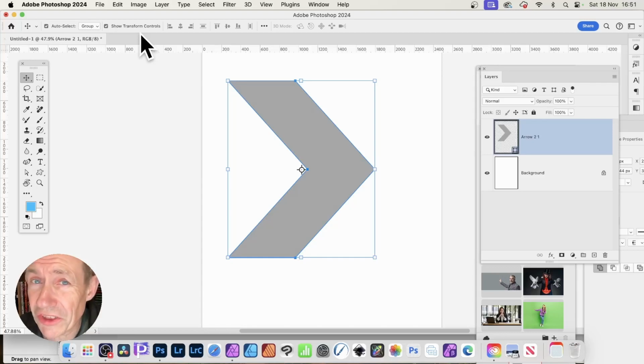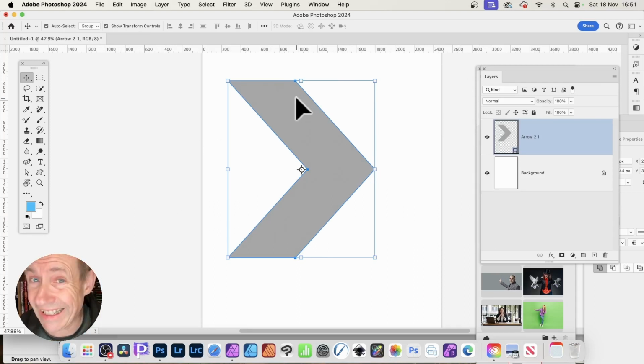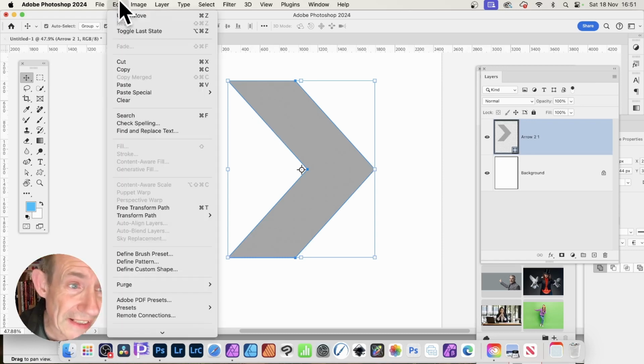Why stop at just one application? Sometimes an application like Photoshop has got some great features, but you can also use the material from Photoshop in Affinity Photo, in particular something like shapes. So I've got this shape design, and you'd think, well, what I can do, I can simply go to Edit